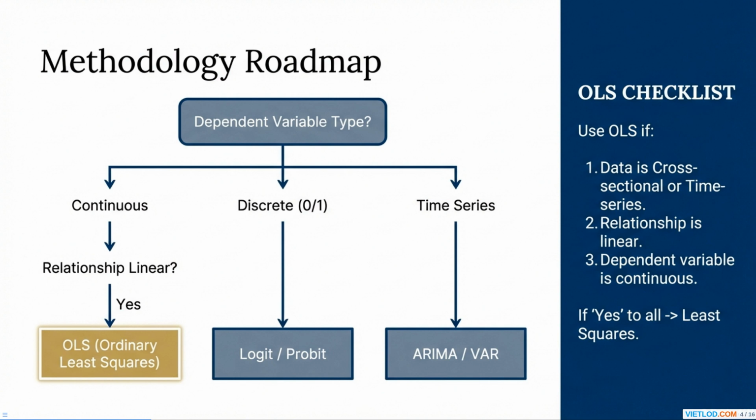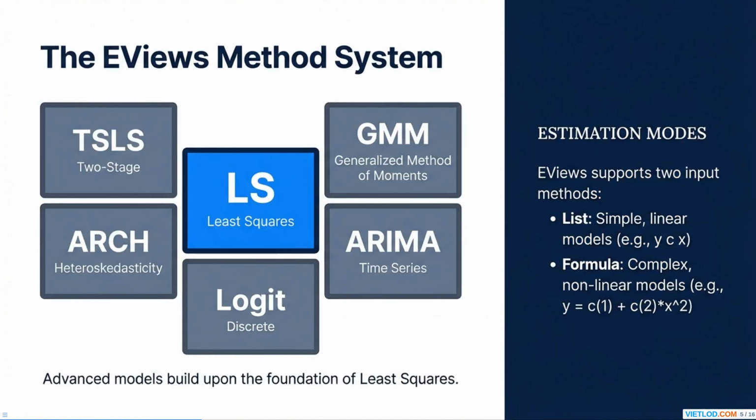OLS, in particular, is the foundation for many other advanced techniques, so let's now see how it fits into the broader system of methods available in a typical software package like EViews. In EViews, least squares, or LS, stands as the central, foundational method from which a wide array of more advanced econometric techniques evolve. Methods like two-stage least squares, or TSLS, address endogeneity issues, while ARCH models are used for analyzing